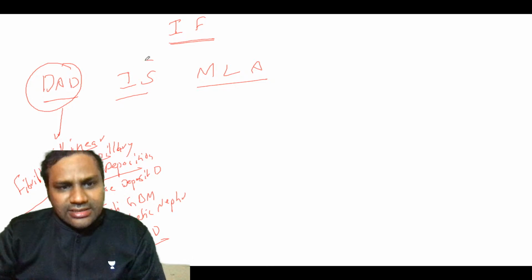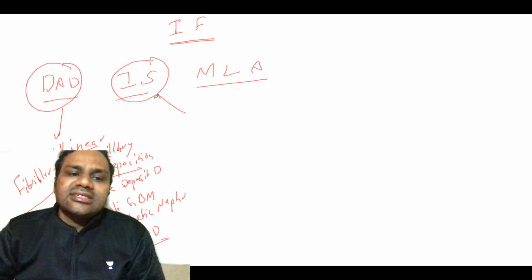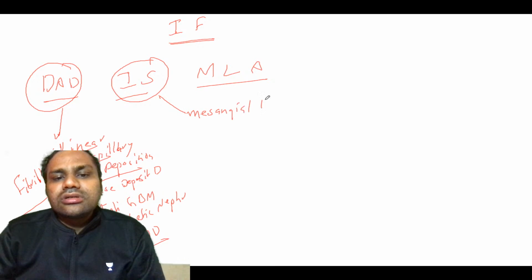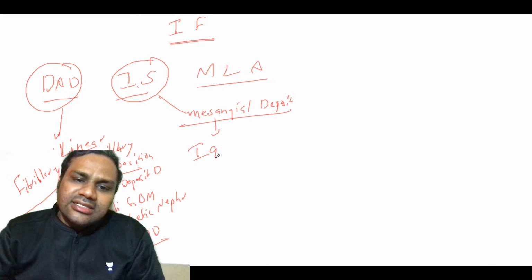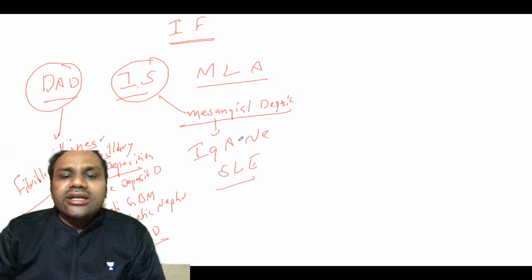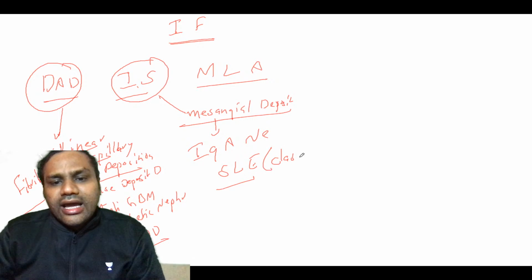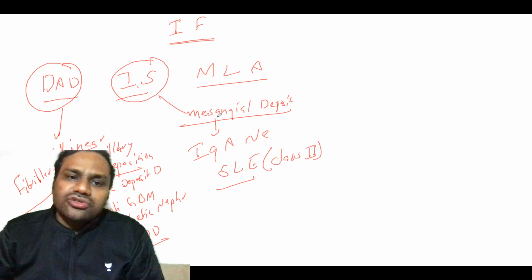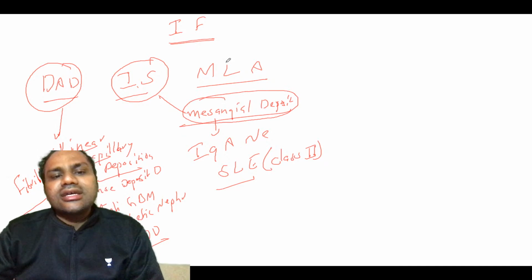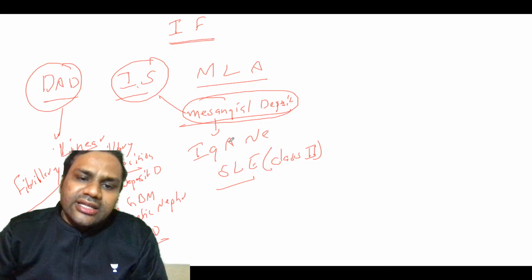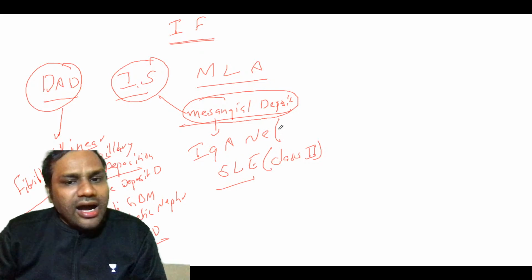Then the EASE part is basically mesangial deposit. So in mesangial deposit, I is IgA nephropathy, S is for SLE, basically SLE class 2. So SLE class 2 has IF on mesangial deposits. There will be mesangial deposit in SLE class 2, and in IgA nephropathy it will be immunoglobulin